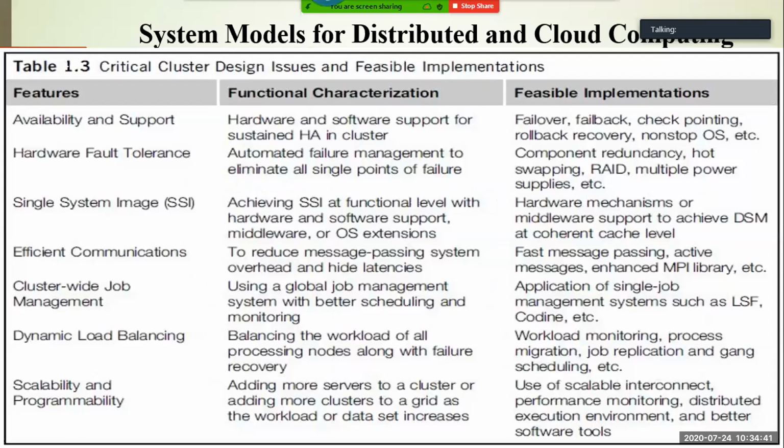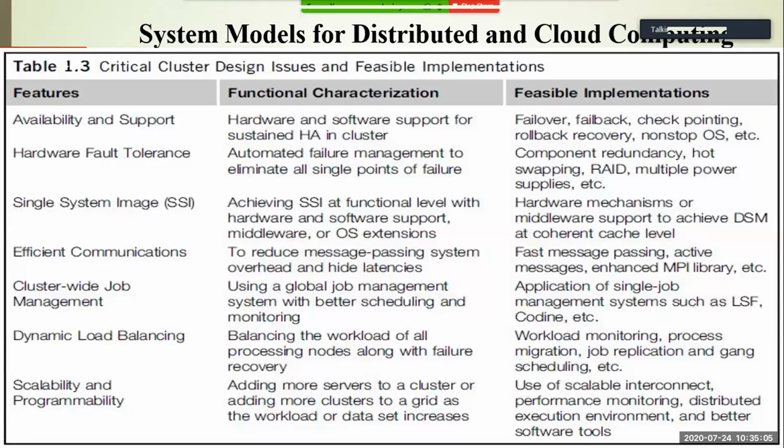Okay, so whenever you are designing some cluster, if you want to decide that in your institute you are going to design a cluster, right? We'll go to cloud computing later. First one is your cluster, then one is grid. If you want to go to the cluster, what kind of critical issues and implementation issues you will get, that is listed in this particular table.